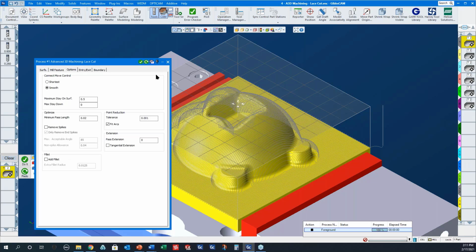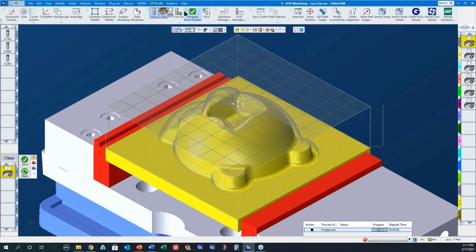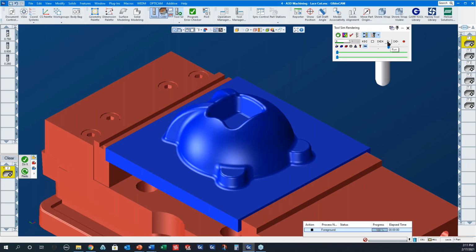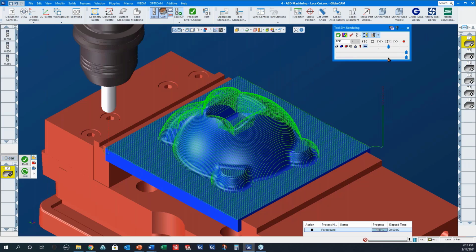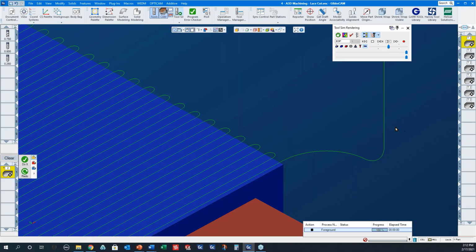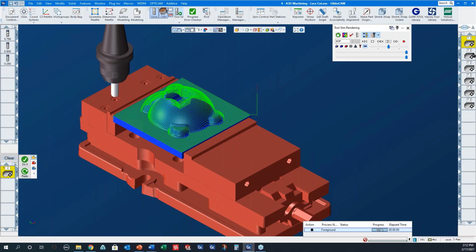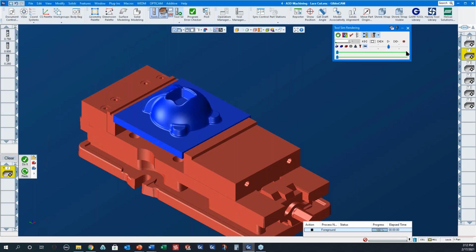So this one is lace cut with boundary of on. And I'm going to show you this with tool sim instead of op sim. So you will notice that it's arcing down and then into the part, and between each cut you see these really nice B-spline moves. This next process,